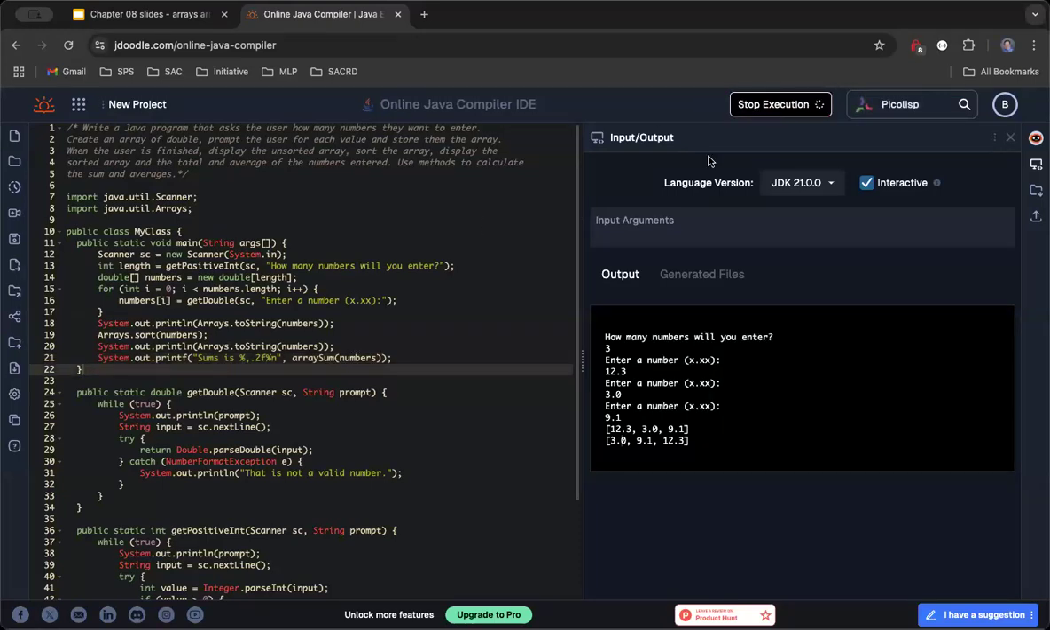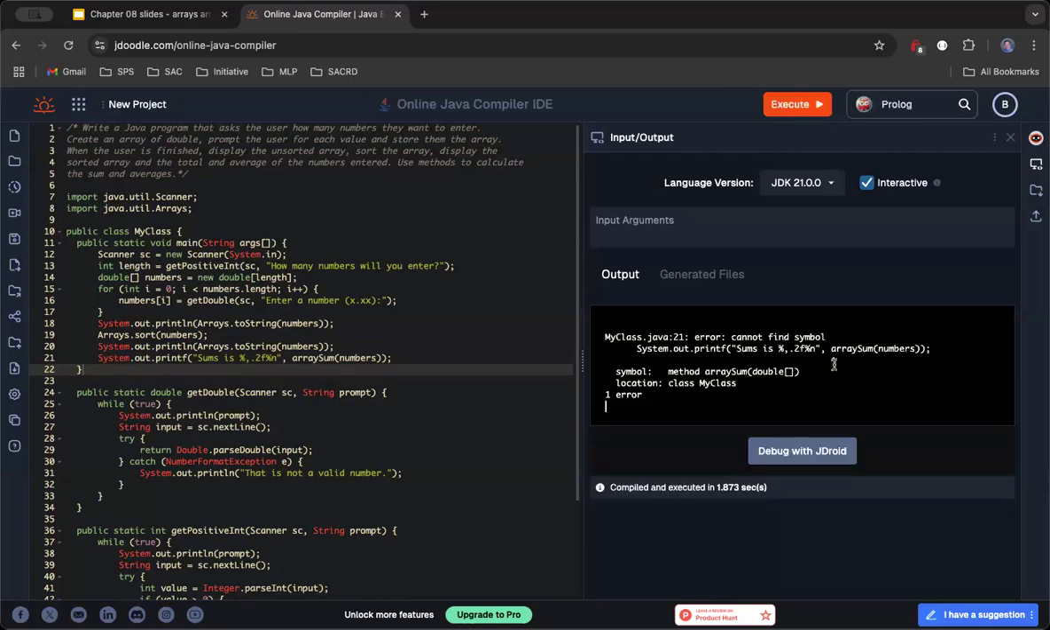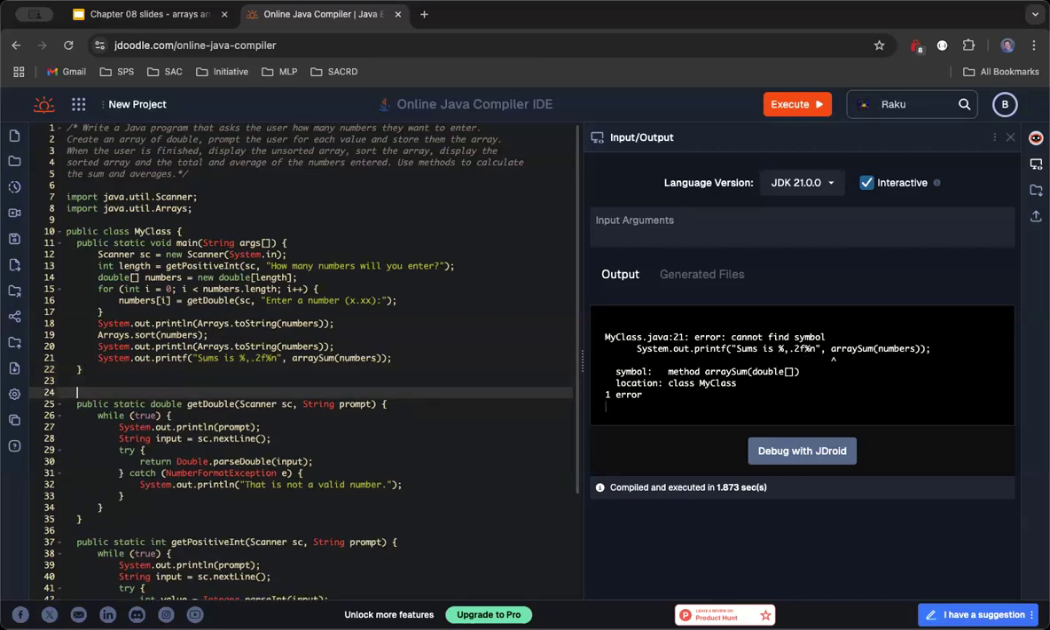Now if I try to run this, my method's not going to work, because it says cannot find symbol. This arraySum is not defined yet, because I haven't written it. So let's go ahead and write that. So public static